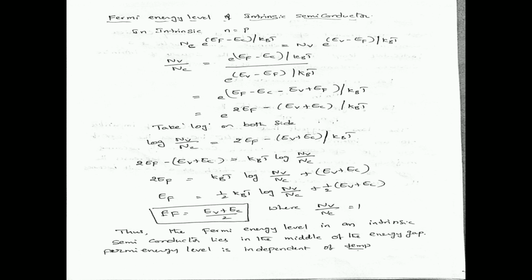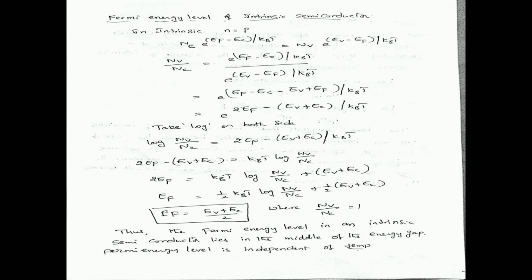Take log on both sides. Log Nv by Nc is equal to (2Ef minus Ev minus Ec) by kBT. So 2Ef minus Ev minus Ec is equal to kBT into log Nv by Nc. 2Ef is equal to kBT log Nv by Nc plus Ev plus Ec. Ef is equal to, this 2 comes to this side, half, so 1 by 2 kBT log Nv by Nc plus